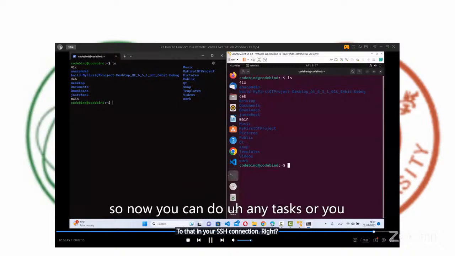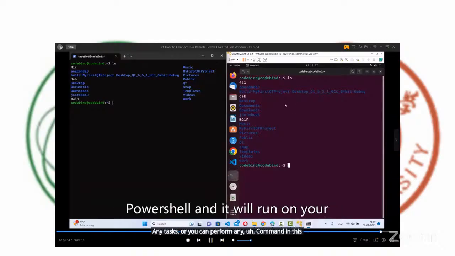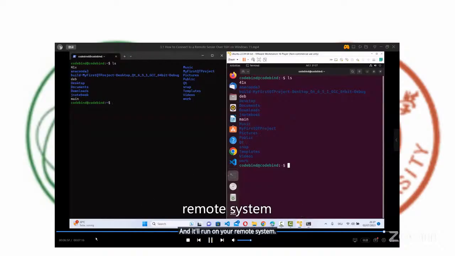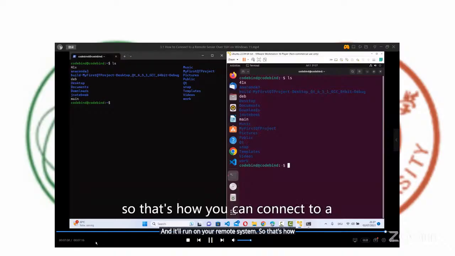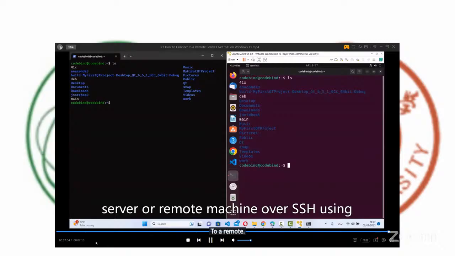So now you can perform any task or any command in this PowerShell, and it will run on your remote system. So that's how you can connect to a remote server or remote machine over SSH